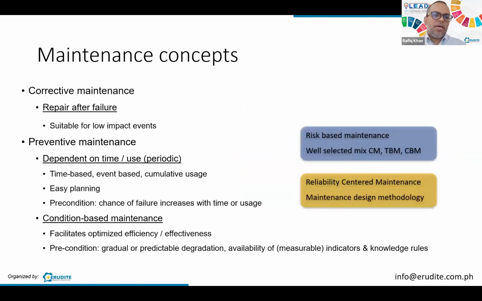Some maintenance concepts: corrective maintenance. I think these are terms that are quite frequently used in your industry. Corrective maintenance is when you do the repair after a failure. This is mainly what was done 100 years ago. Those were the days, I would say. When a failure happened, you replaced it, but otherwise, you ran to failure. This is the concept of previous years, about 100 years ago. Today, it is still applicable.